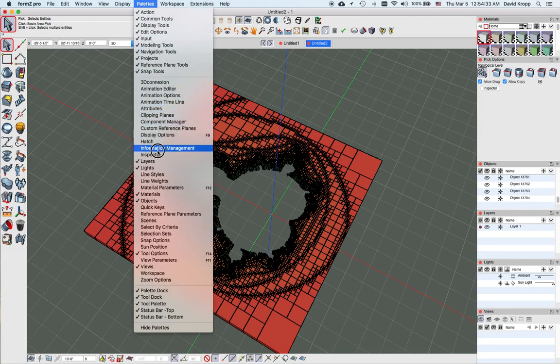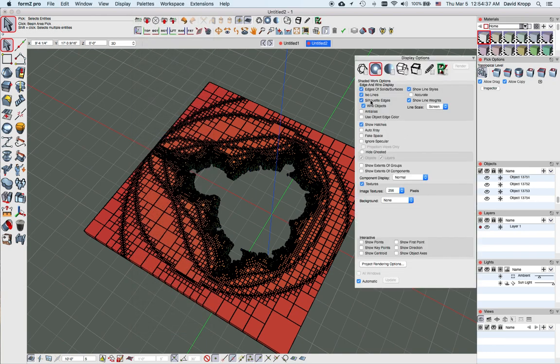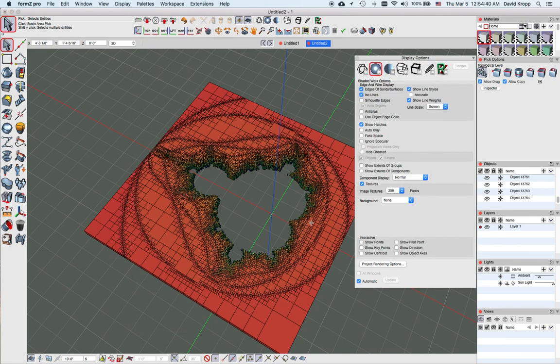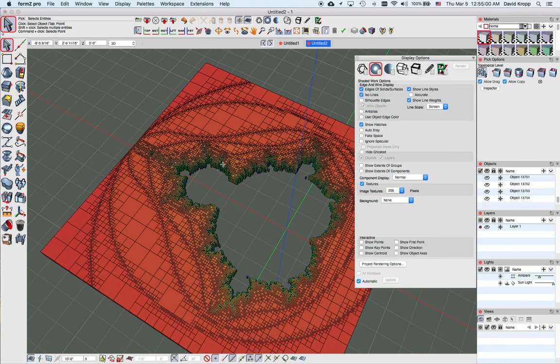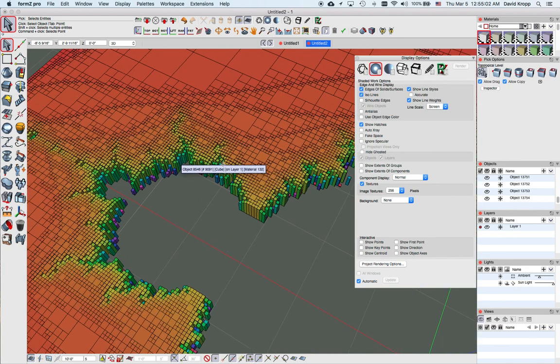One thing I'm going to do, again, I'm going to go to my display options, and turn off the silhouette edges just to make it a little bit cleaner to see. But you can see where at this iteration level, a lot of those individual cubes we don't see, and we only see it in areas where there is a variation in height, so that we have the resolution where we need it. Obviously it generates a nice, interesting form, and we can zoom in on this and see what's happening with our algorithm. Obviously we could keep changing those